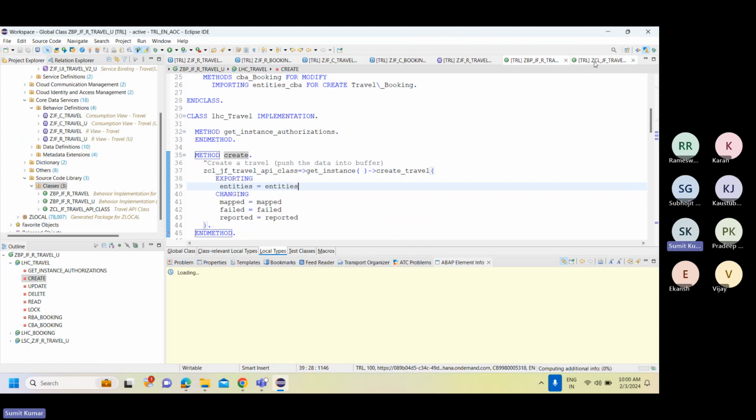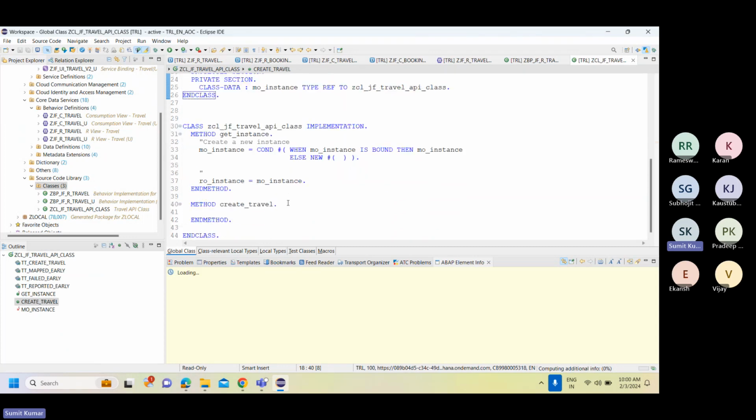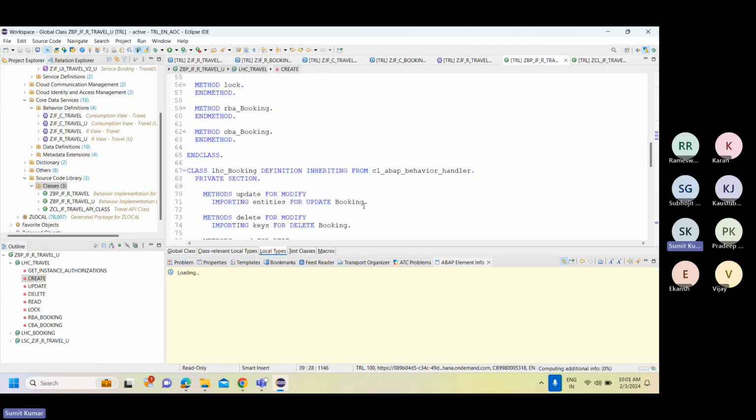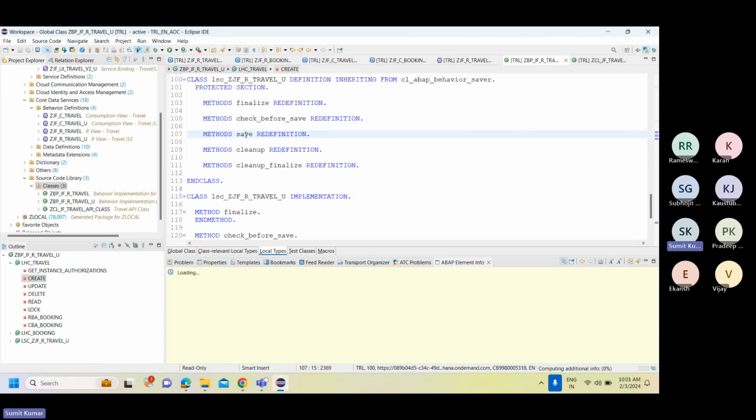Now, what are we responsible for? We are responsible for pushing this data into the buffer and persisting it, which we'll be using during the save phase. Now, consider we have pushed the data, consider it's already in the buffer. Next time, what would happen is someone tries to click on save. In this particular save phase,